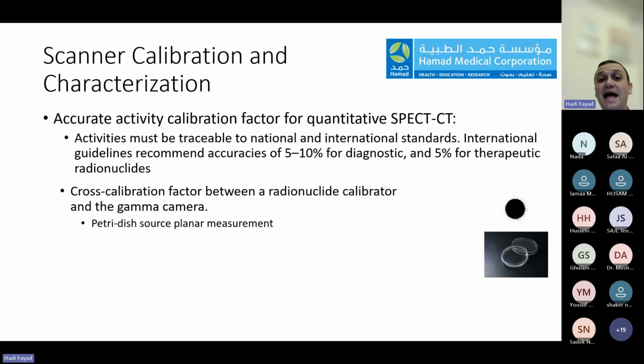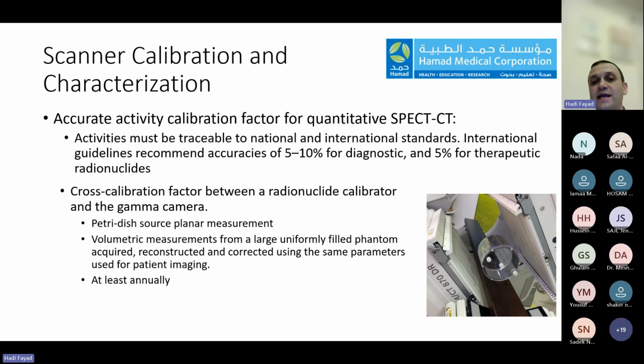For planar imaging, it's the way we usually do sensitivity. By using a Petri dish, a planar source measurement, we fill it with some activity, we scan it, and then we can calculate such a factor. For volumetric measurement, usually we are using